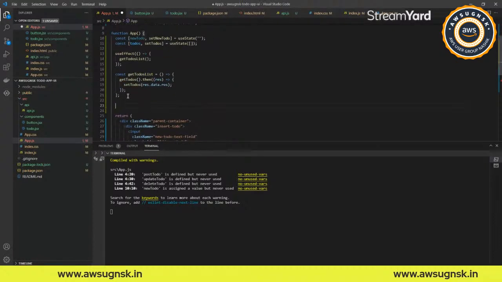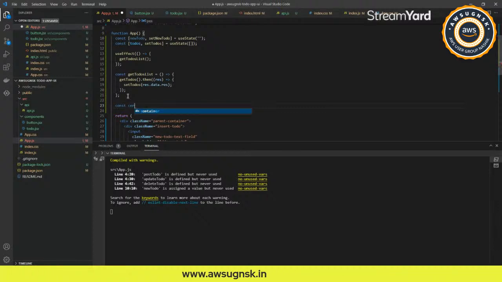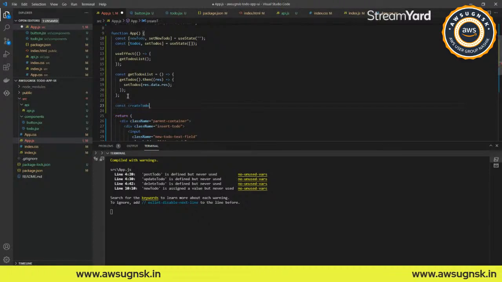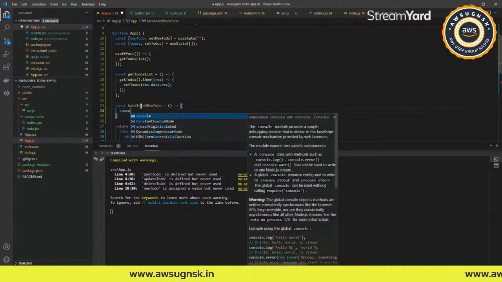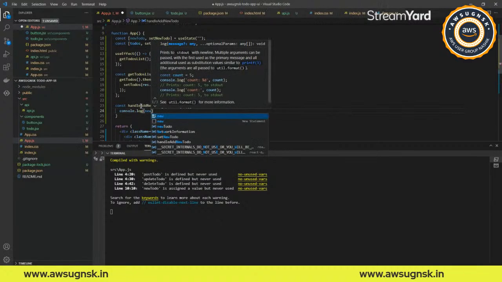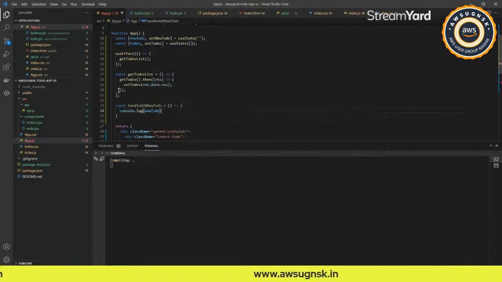So what we'll do is const create, we'll just name this as add, yeah, and then add to do makes a bit more sense. Then add new to do. So what we'll do here is just console log the new to do variable. So whatever like the